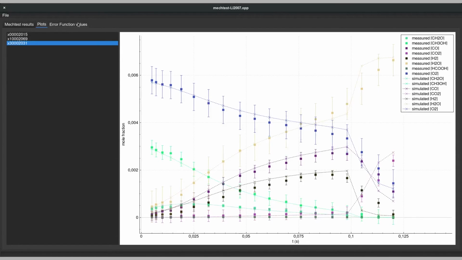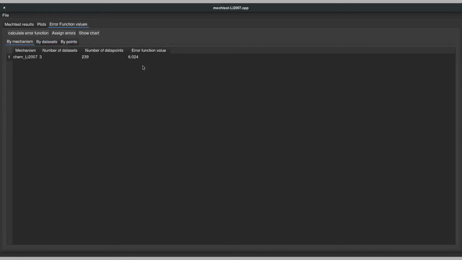This is automatically done by Optima++ if we provide the standard deviations in the input file. The calculated error function value for the 3 investigated XML files is around 6, which means that on average the simulated results are within 3 sigma errors of the experimental data.